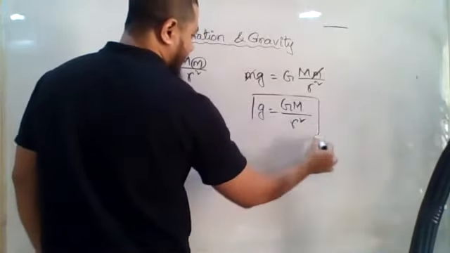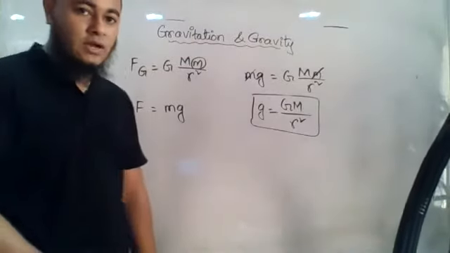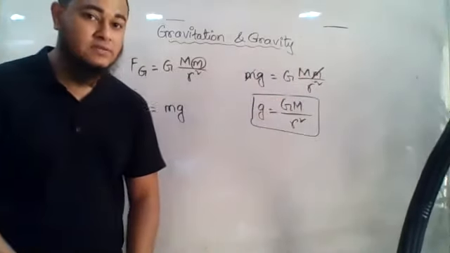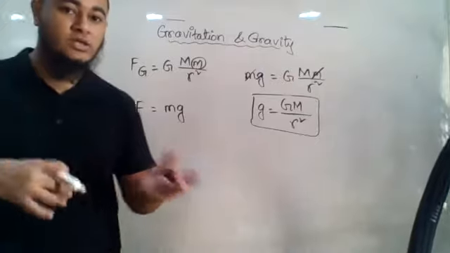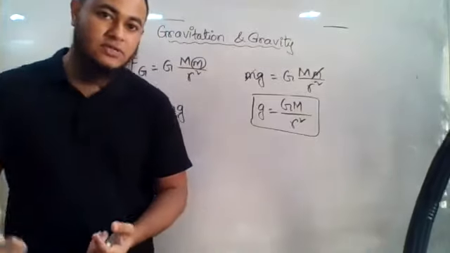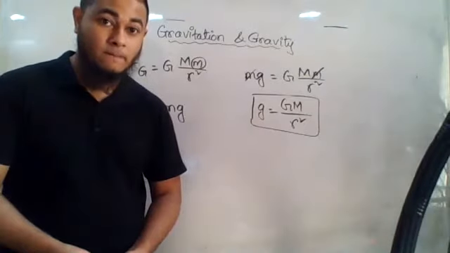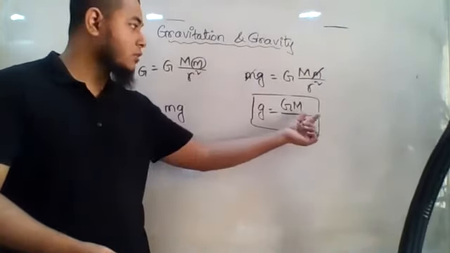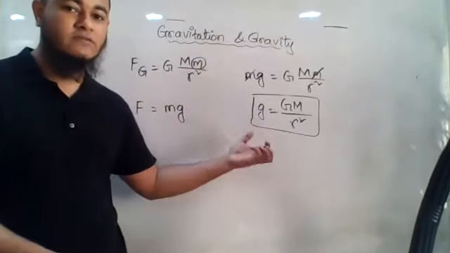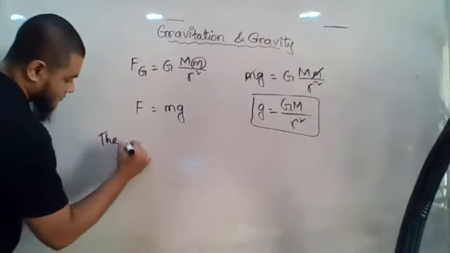So you can see that if I put the values of these three quantities over here, I will be getting the value of g. Now in this expression, the mass of the body is absent, right? That means even though you change the body, let us say previously you were dealing with 5 kg mass, now you are dealing with 10 kg mass, that will not be affecting the value of g, right or wrong? Yes. Because we are not putting the value of small m over here. So even though the value of small m changes, it will not be affecting the value of g.